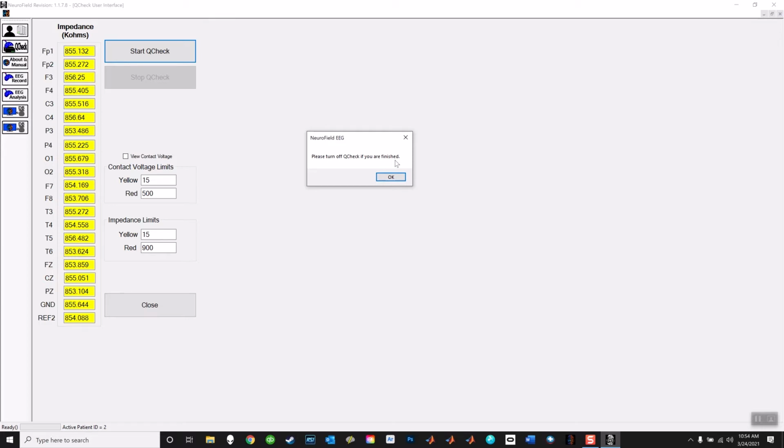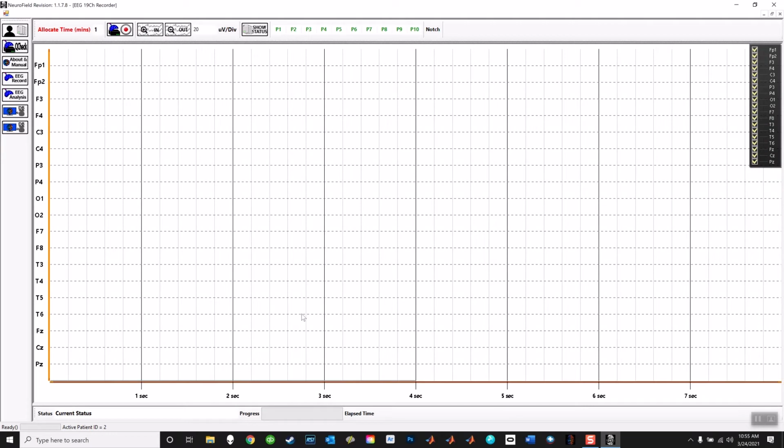And then the very next thing you should do is unplug the cap from QCheck and plug it into your EEG amplifier immediately. Some people make the mistake of leaving the cap plugged into the QCheck and then doing a recording and finding that their data is not data but room noise. So click OK, and then now I'm going to shut off QCheck. I just shut it off, and I'm going to close this portion of the program, which brings us back